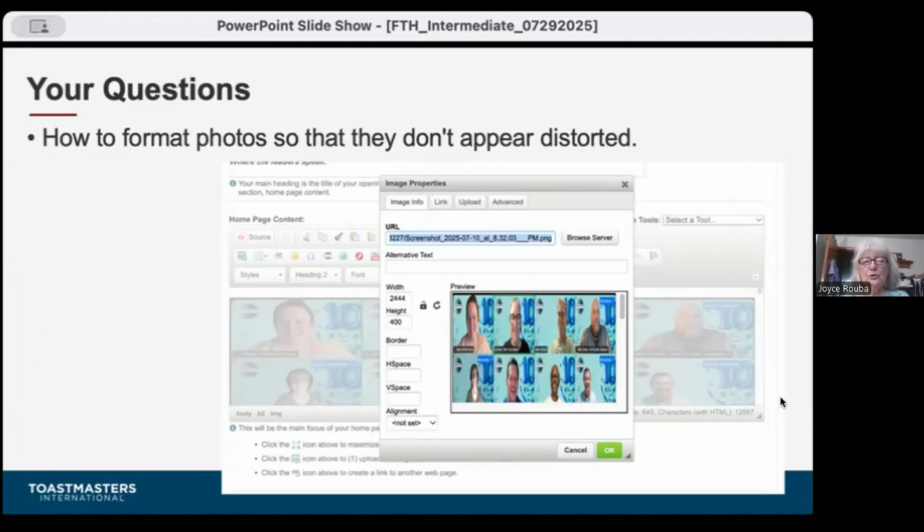And then I had to go to where I wanted it on the homepage, then go to Browse Server, select it from the server to upload it. Yes, so what we're doing tonight is giving you various ways to accomplish the same thing. Somebody else asked about email, and we'll be addressing that issue as well.